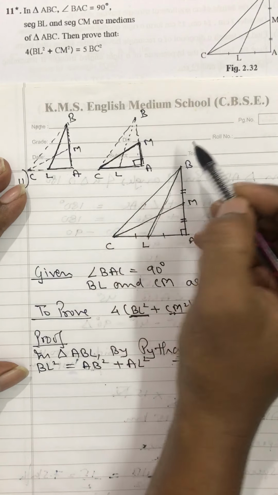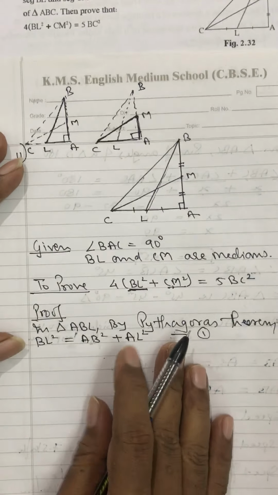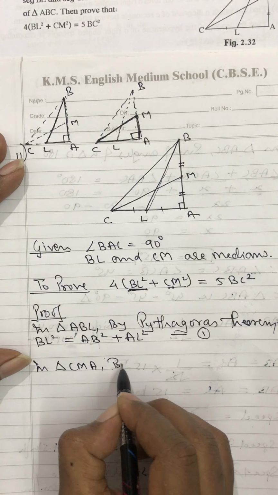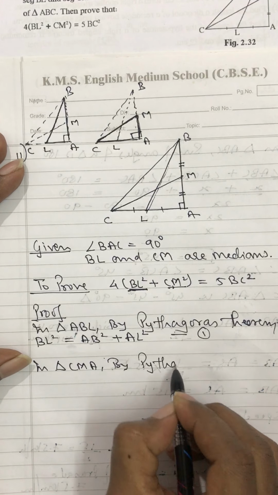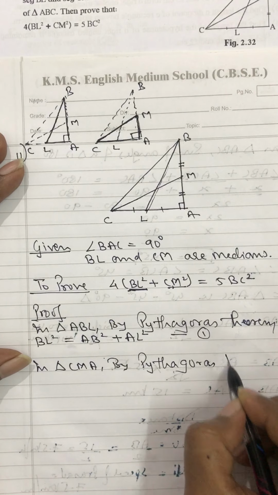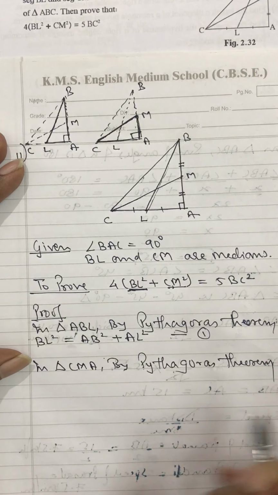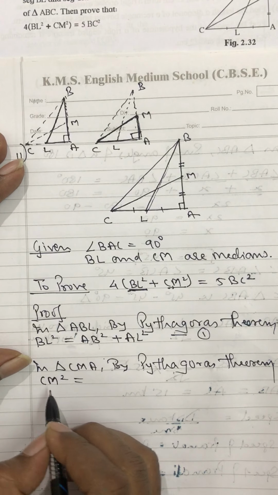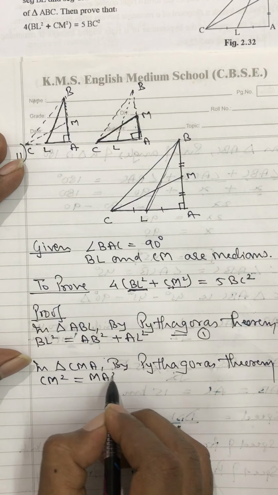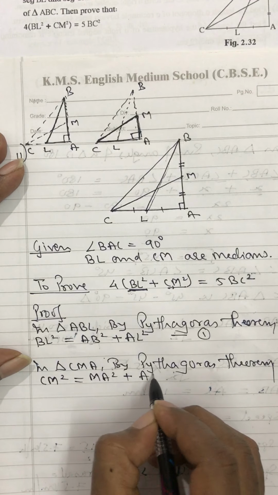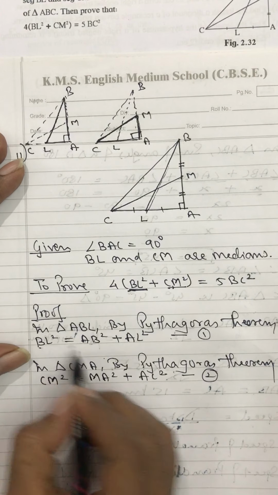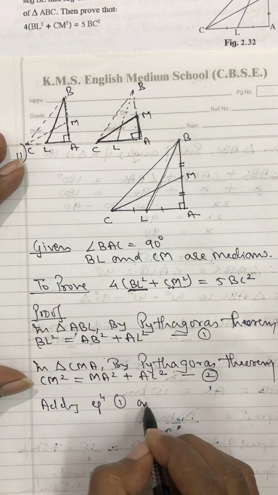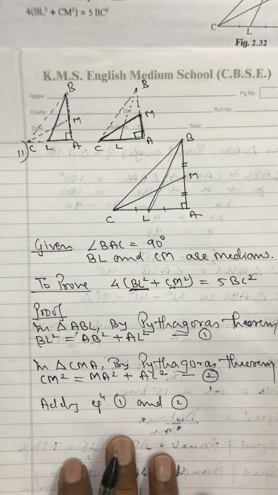If I apply Pythagoras theorem in triangle CMA, what we get is CM square is equal to MA square plus AC square. So if I add these two equations, adding equation 1 and 2,